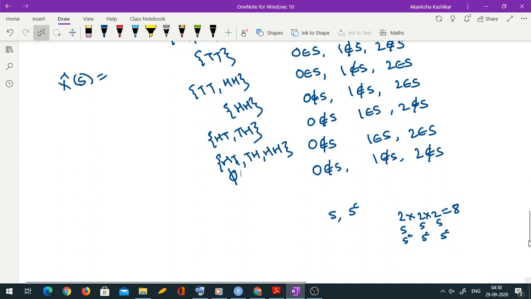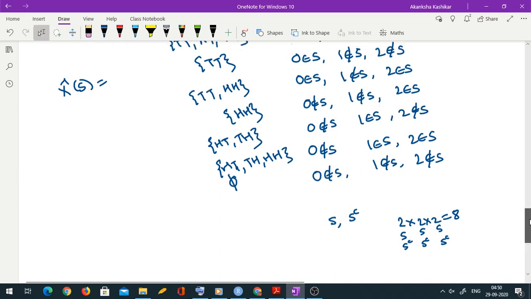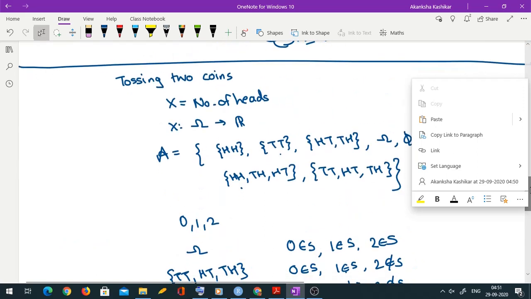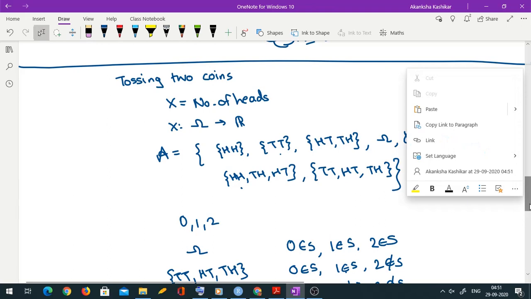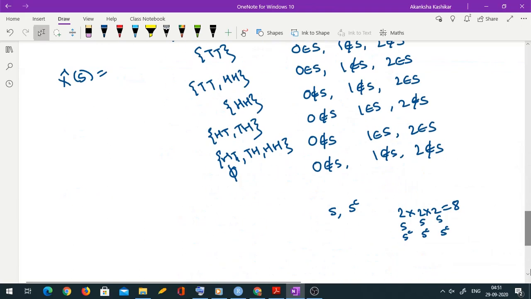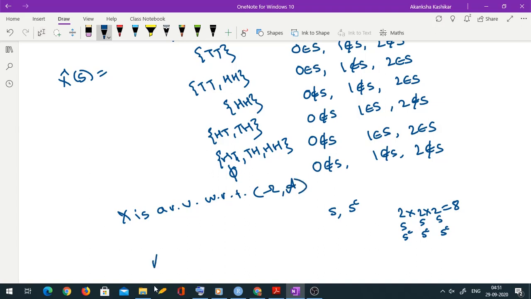Now I have a very small trivial homework for you. Check if each of these belong to the script A that we defined here. You will find that yes, they actually belong, and hence we will conclude that this X is a random variable with respect to this particular omega and script A. Okay so far? Suppose now I have another sigma field script A1 which has, say,